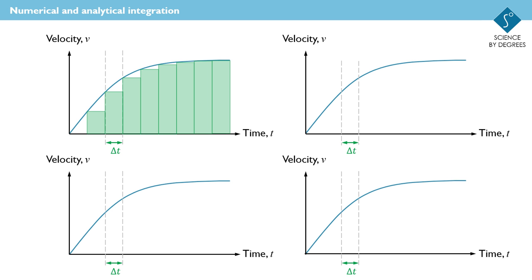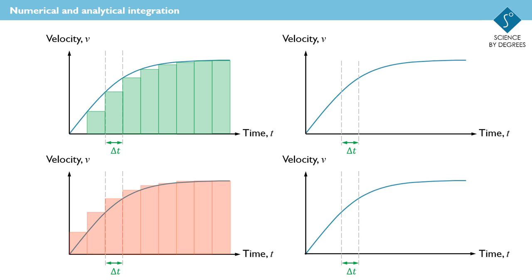Here are 4 versions of a velocity time graph for a falling object with air resistance. To find the distance travelled, we can add up small sections of area as we've seen before, but this is the first time that we acknowledge there's more than one way to do this. The top left green graph is the one that we've seen before, but we could do the approximation using rectangles